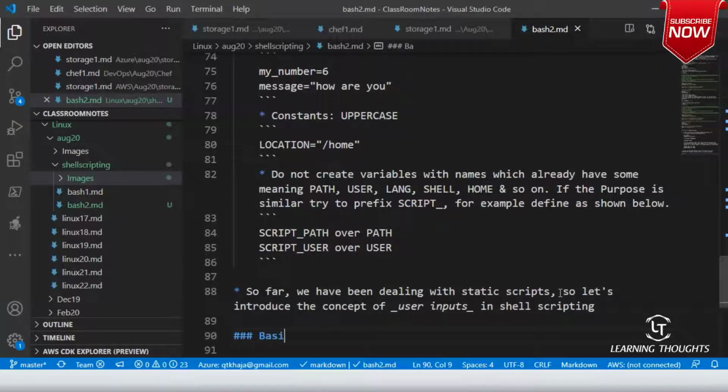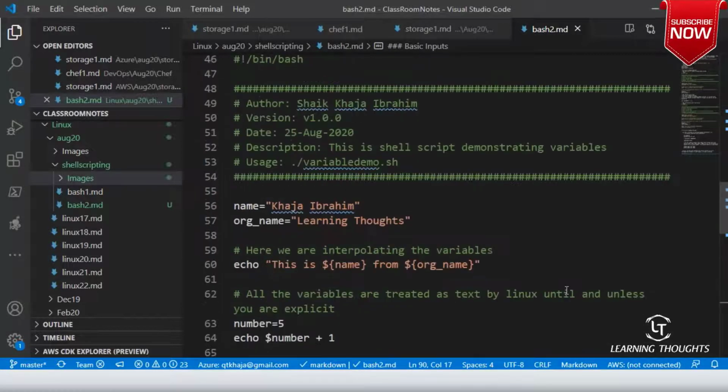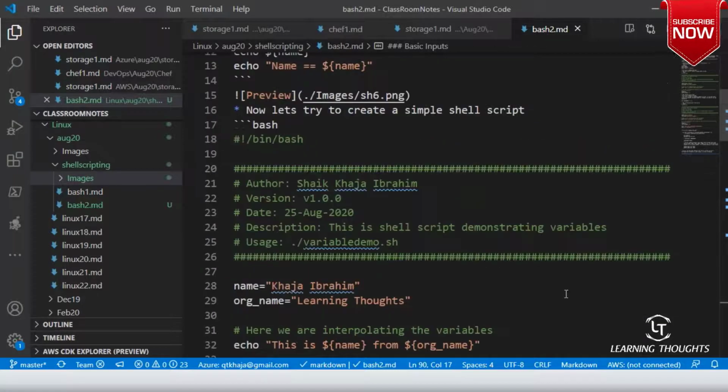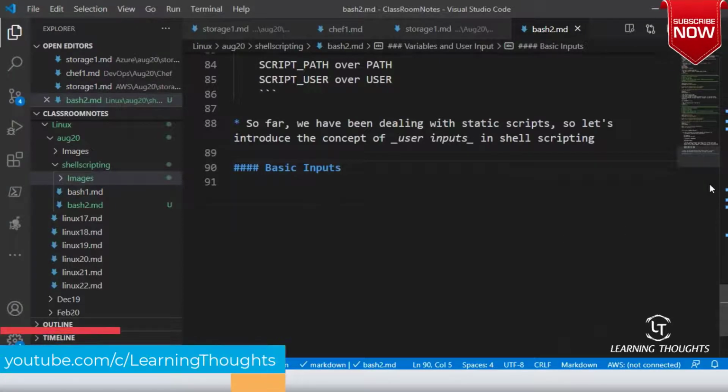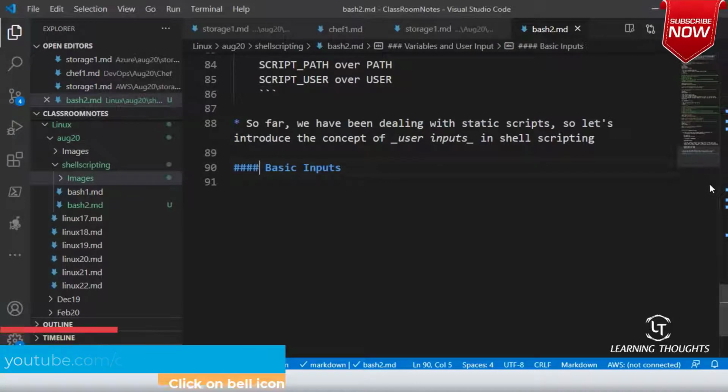Let me speak about basic inputs. What are these basic inputs, and how do you deal with them? Let us try to look into that.